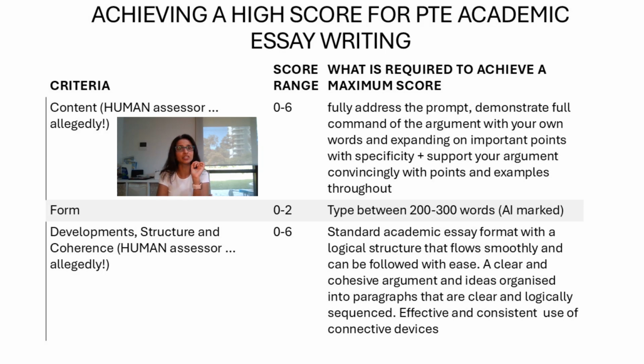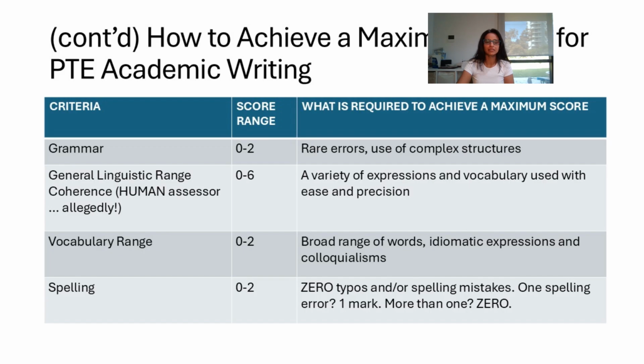Okay? A clear and cohesive argument with ideas organized into paragraphs that are clear and logically sequenced is required. You also need to effectively and consistently use connective devices such as furthermore, therefore, however, moreover, and things like that to get a score of 6. Okay? What's next? The remaining four, which are grammar, general linguistic range, which again has a human assessor, vocabulary range,